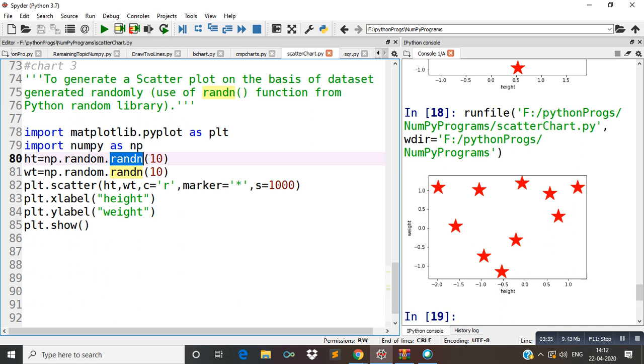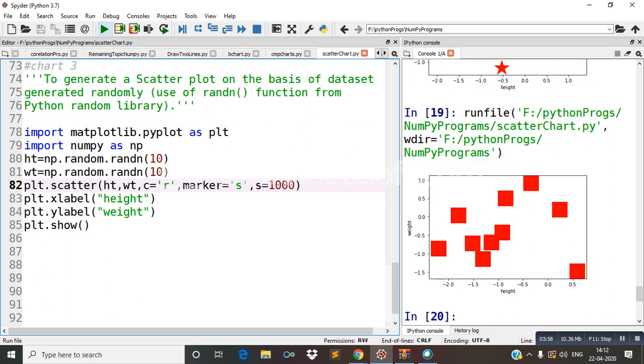Scatter is a function. HT and WT are the values of height and weight. C is for color, marker is for the values which you are going to display. If I change the marker value, suppose I write here s, then squares will be there.